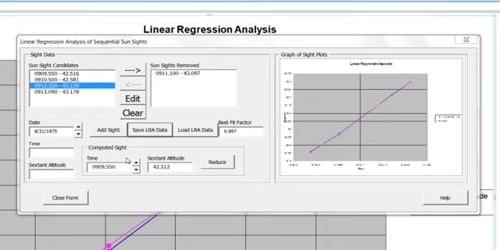Now down in the computed site section, the program has calculated a new sextant altitude for the time of the first site. I can change this time to anything in that period, but that's pretty good, just using that initial time and this recalculated sextant altitude. So if I want to use that for a sun site reduction, all I have to do is click on